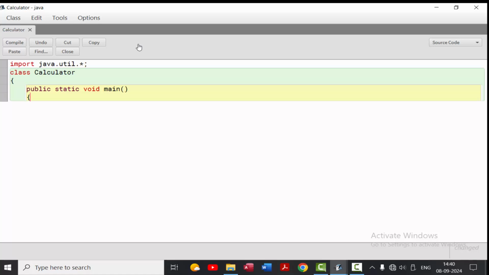Then again type a semicolon, and then Scanner sc is equal to new Scanner(System.in). This will help you to accept all kinds of values throughout the program,